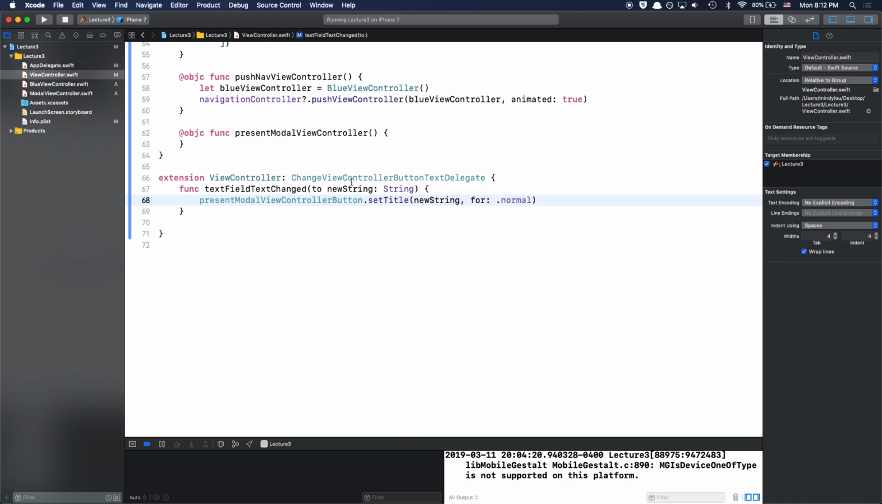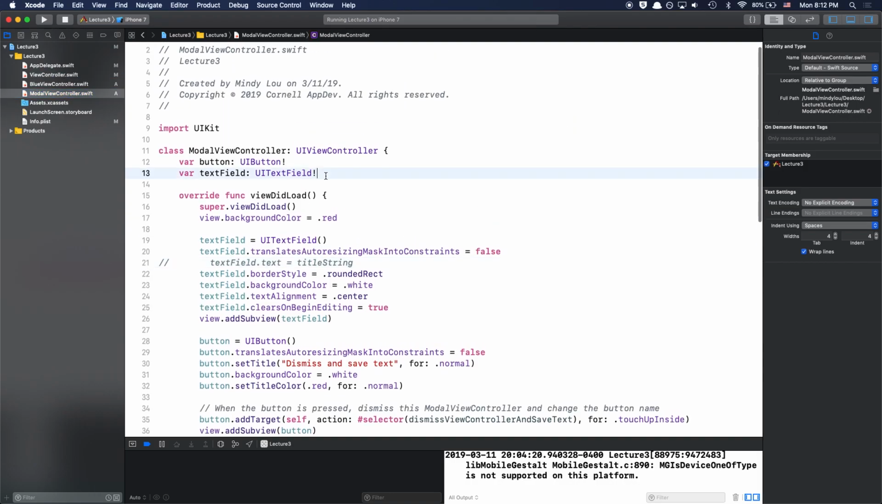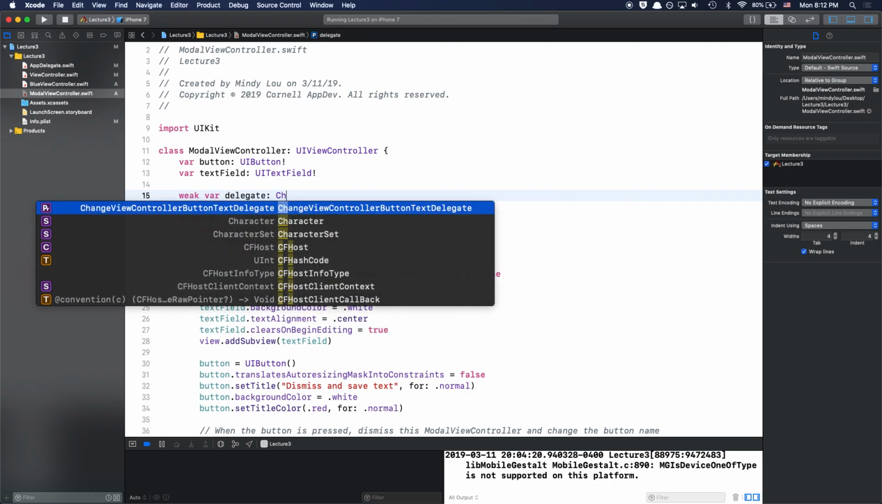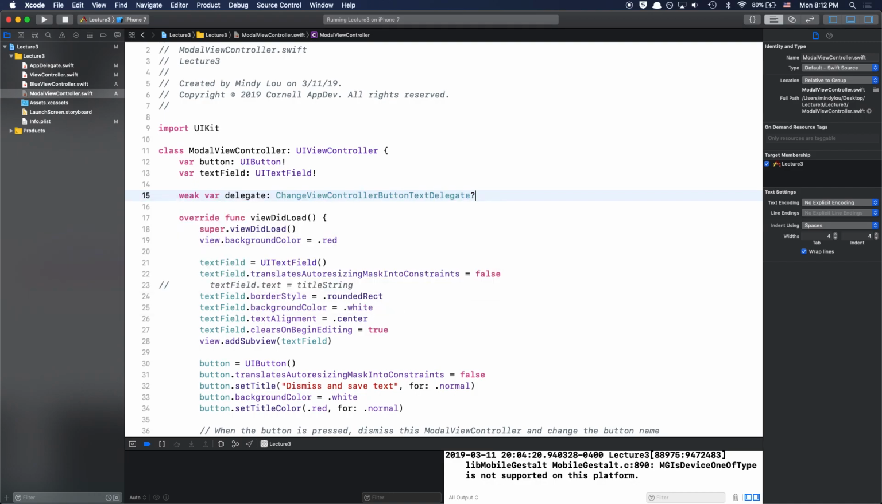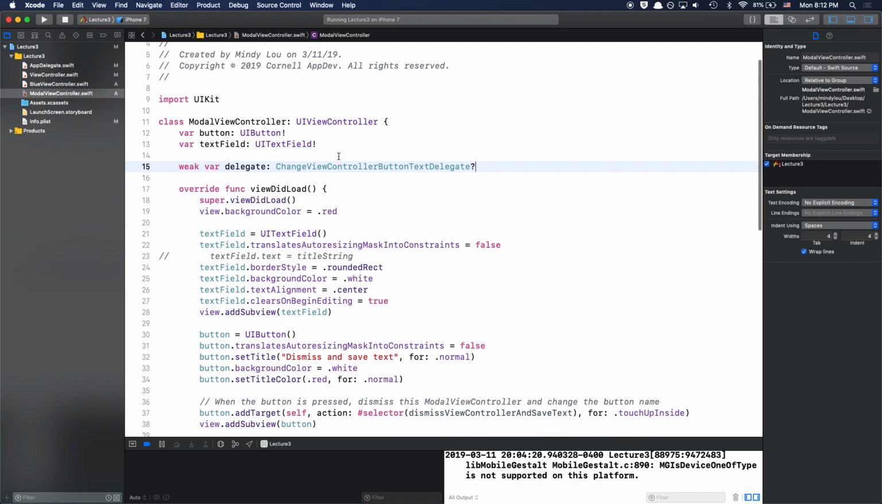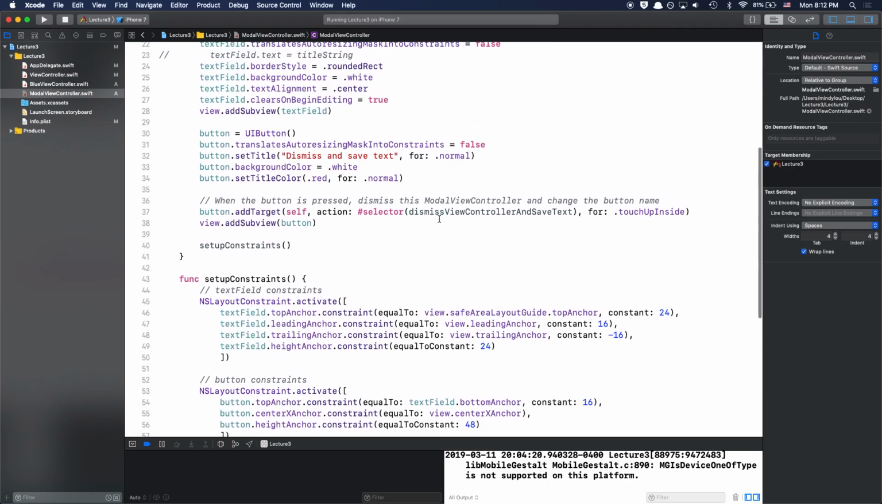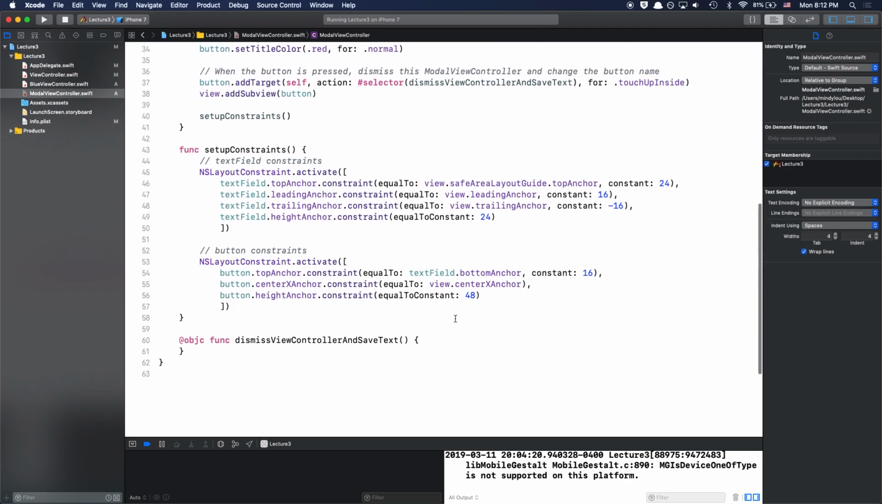Okay, so now that we have this, let's go into our modal view controller. Here we want to have a variable called delegate that will be of type change view controller button text delegate. So we're going to make it weak var delegate, and it's optional because it's possible that there was no view controller before this, or we can't actually relay that information. Now when we click the button that says dismiss view controller and save text, we can say